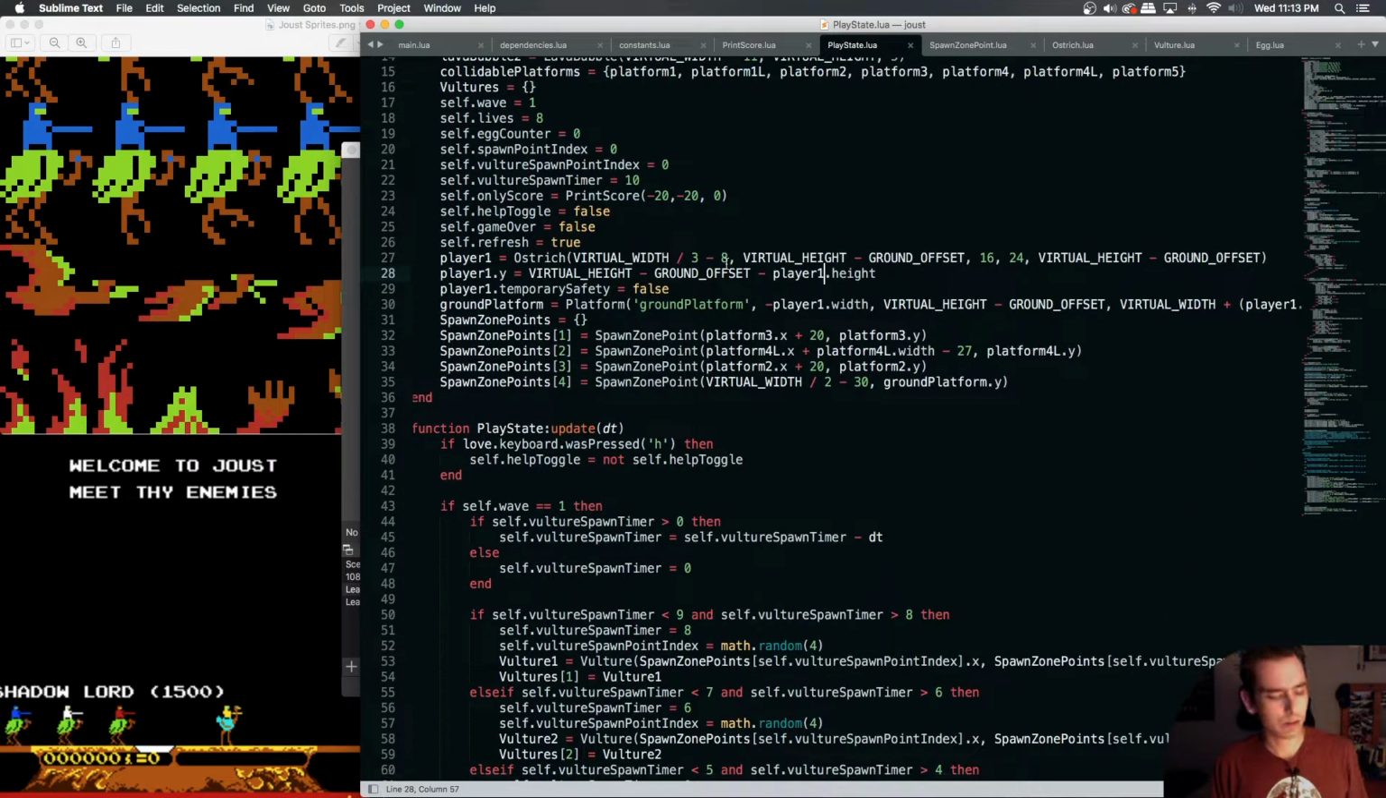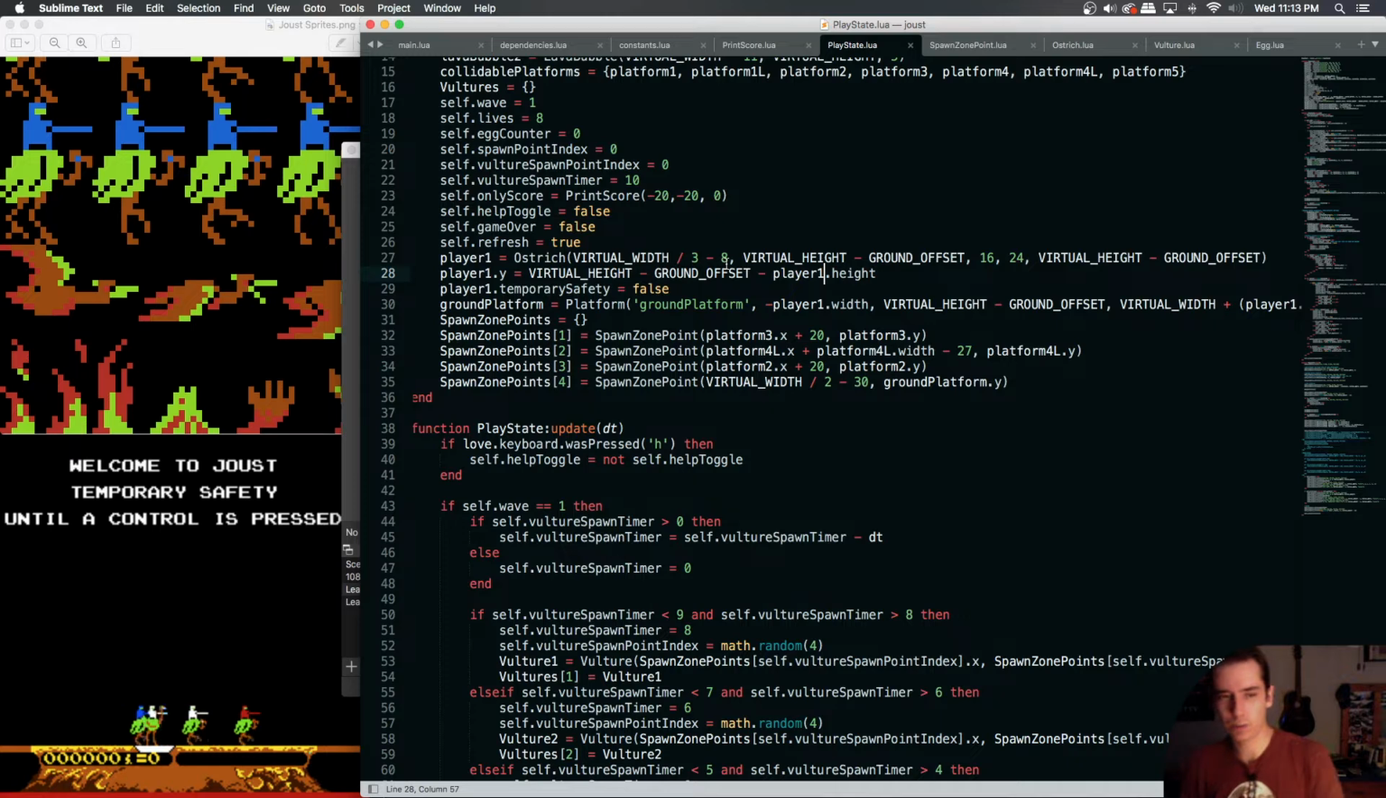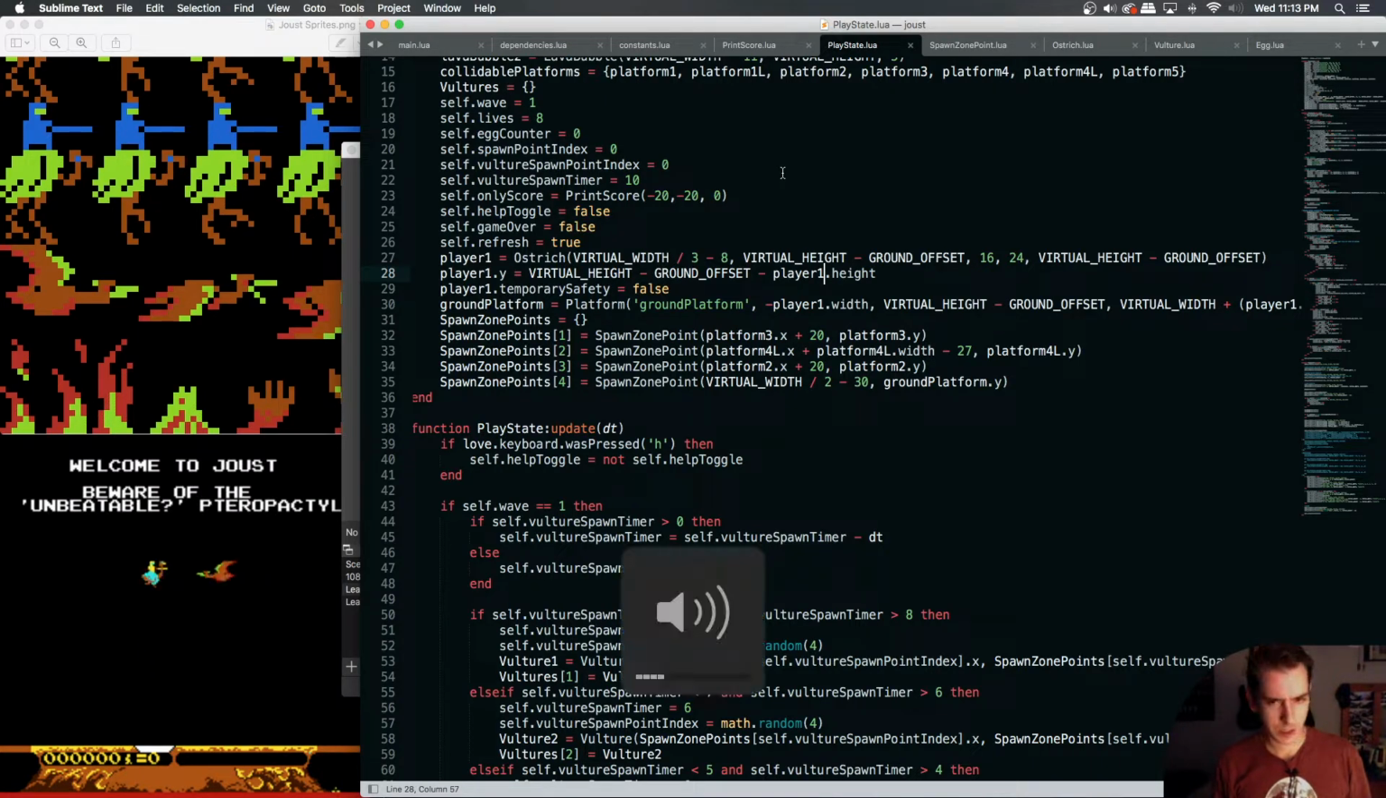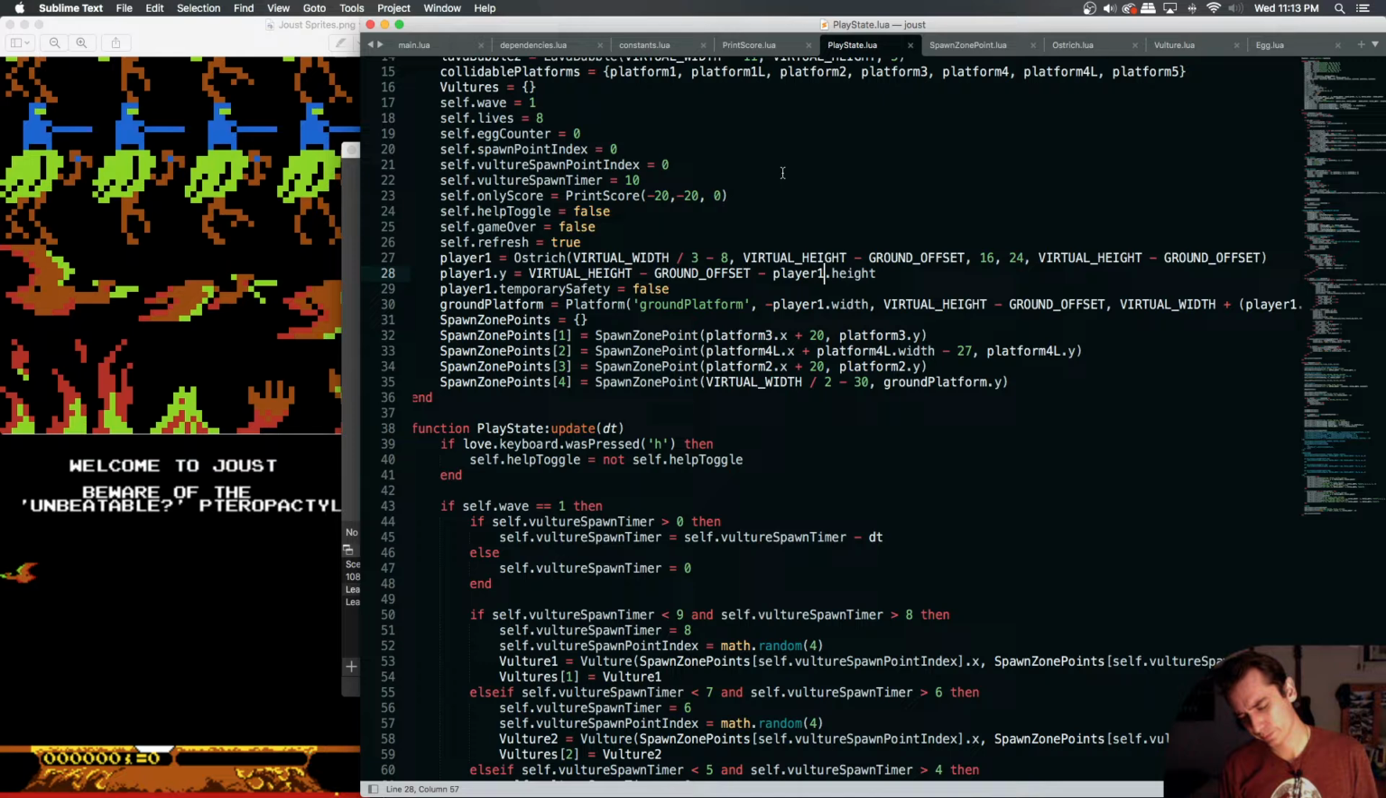It's going to be a little tricky to test because we have to kind of time it so that when we kill someone, their egg would go fly into a platform. So it's a little hard to test. But I'm curious if we have